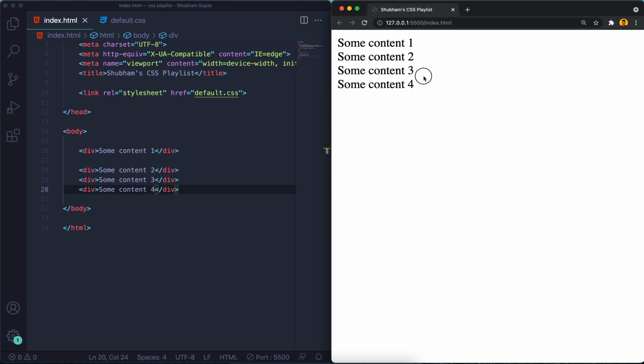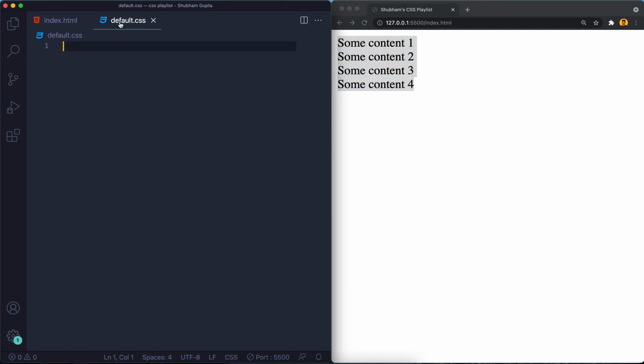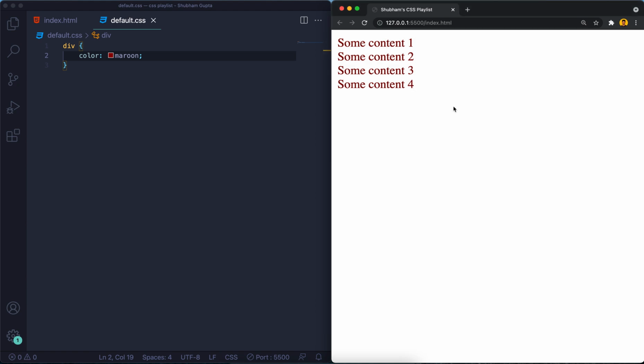Now if I want to give a color to them, I can give div color, let's suppose maroon. So it will get reflected here.